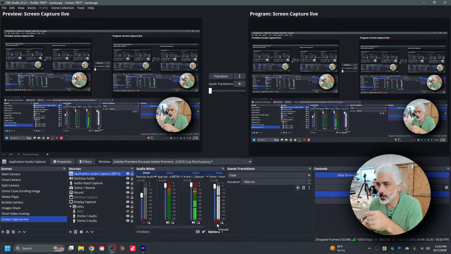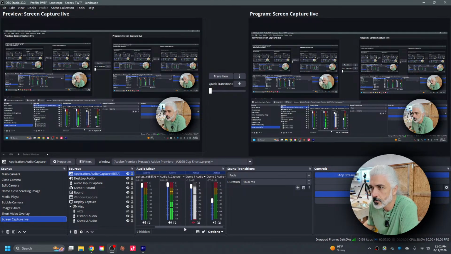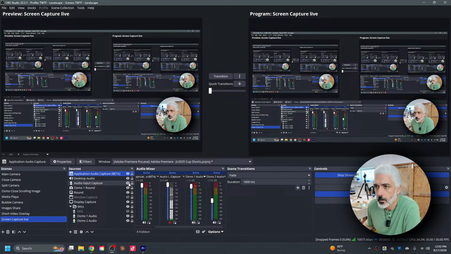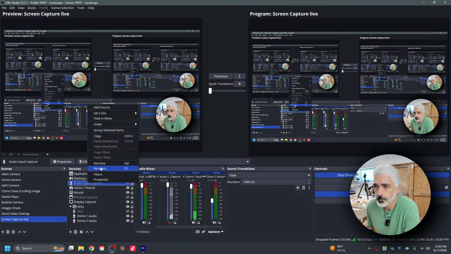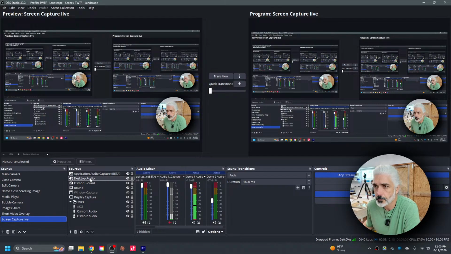Oh, I see that. I had two audio sources on. Check. Okay, that's the better one. Audio input capture. Remove desktop audio.